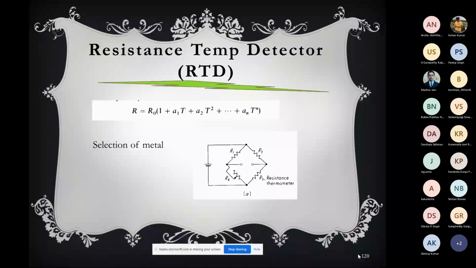Okay, now if we assume that we got such a material, then what does our equation become? R equals R0 into 1 plus A1t. So if you do dR by dt, what will you get? You will get R0 into A1. So dR by dt